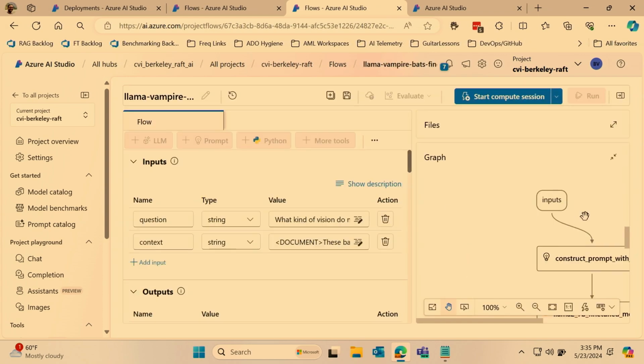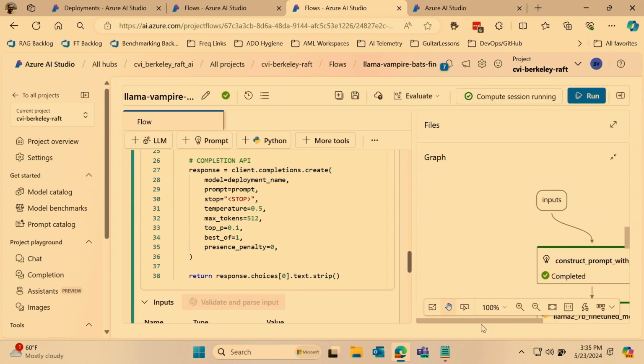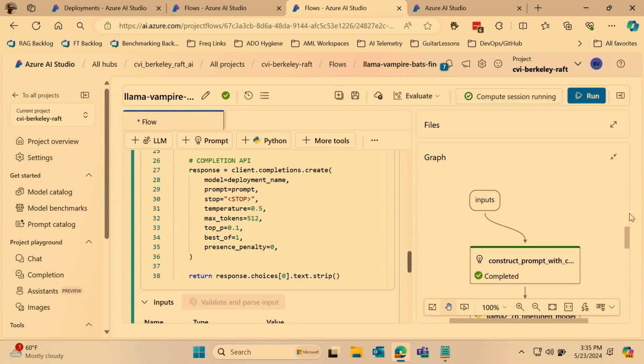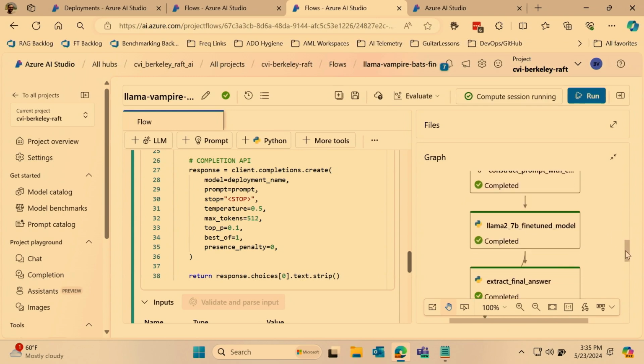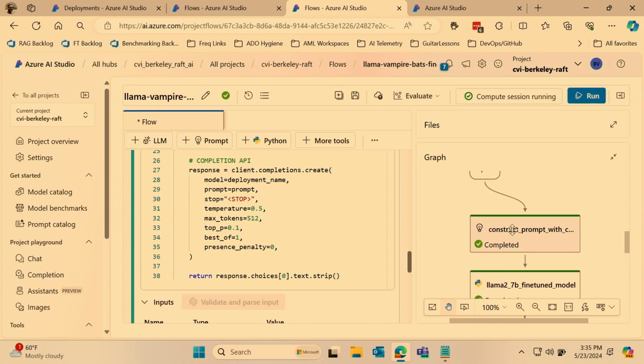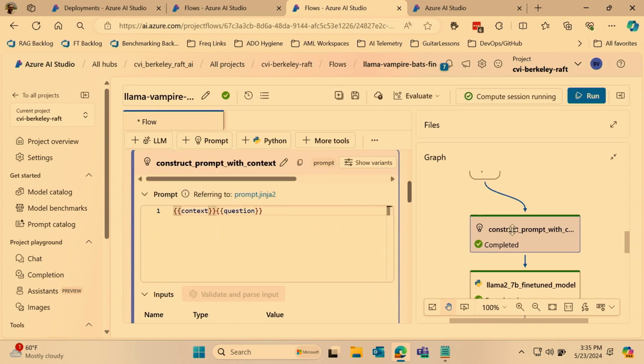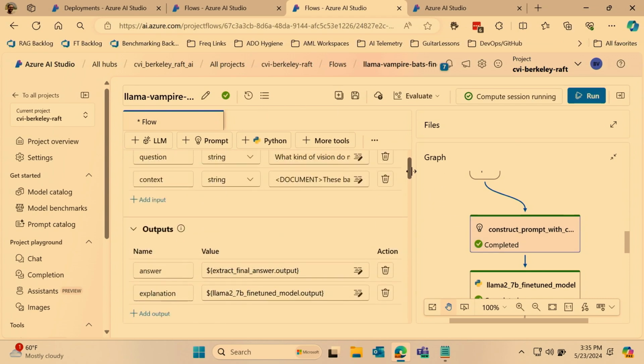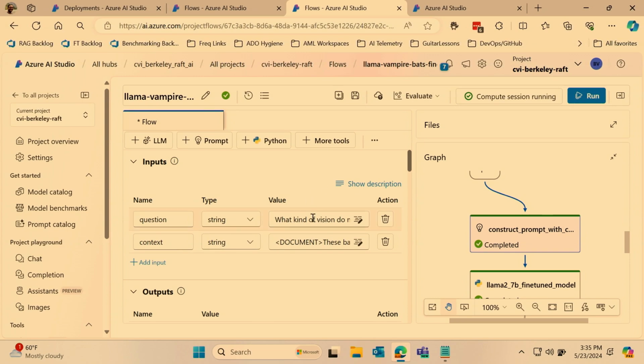It's pretty much the same in terms of what it's doing. It takes the same inputs, question and context. It constructs a prompt, sends it now to the fine-tuned model, and extracts the answer. The only difference is, let's look at the prompt construction. Nothing in it. I'm just passing the question and context as it is, not giving it any instructions. Now, I'm going to ask the same question here, what kind of vision, and the outputs for that is